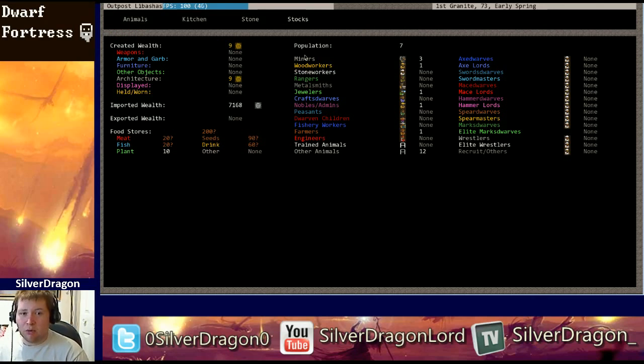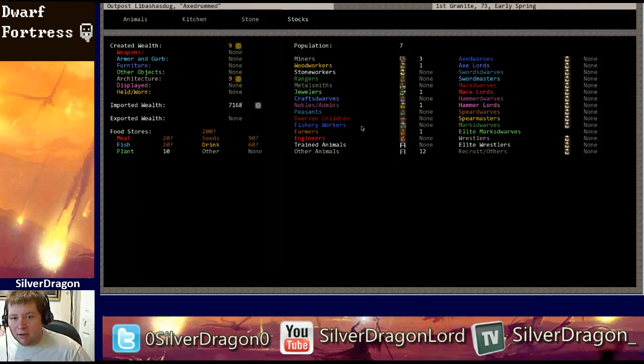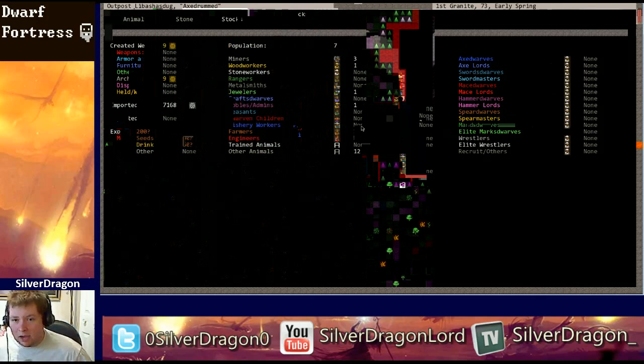But this is also the important one here, is stocks. You can use, of course, the arrow keys to scroll between them. Here we have all of our stocks here. Everything has question marks beside it. We don't know what we got. But anyway, going back now, we can...